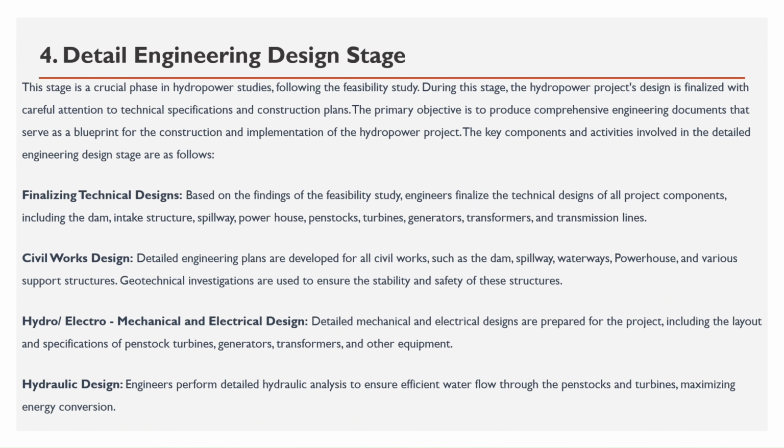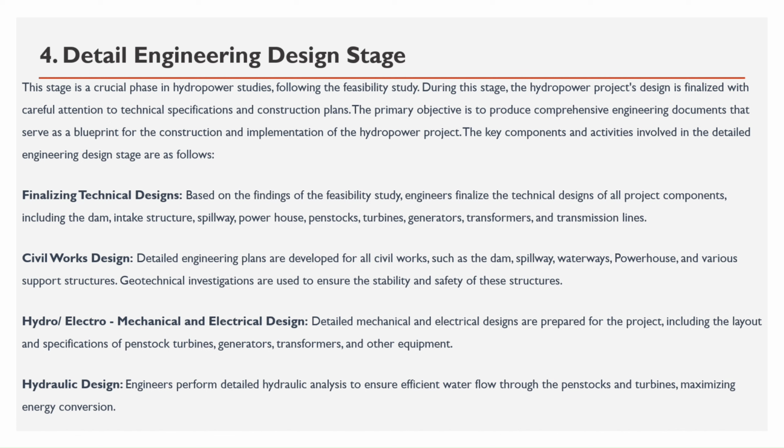4. Detail engineering design stage. This stage is a crucial phase in hydropower studies following the feasibility study. During this stage, the hydropower project's design is finalized with careful attention to technical specifications and construction plans. The primary objective is to produce comprehensive engineering documents that serve as a blueprint for the construction and implementation of